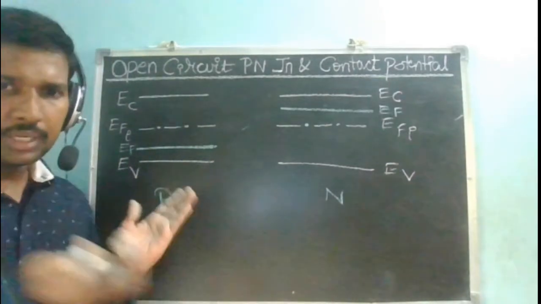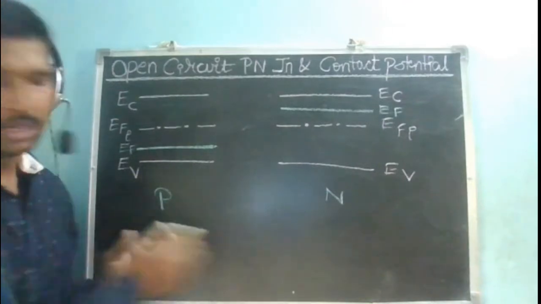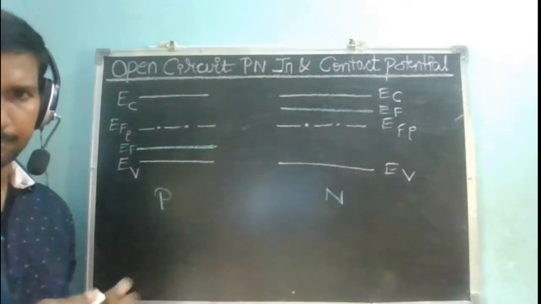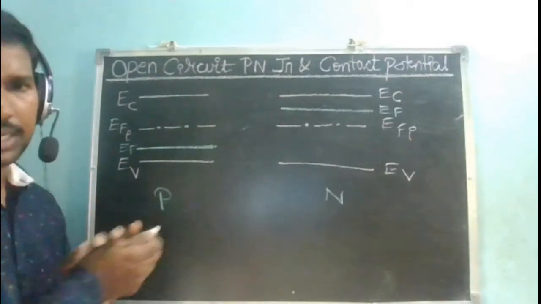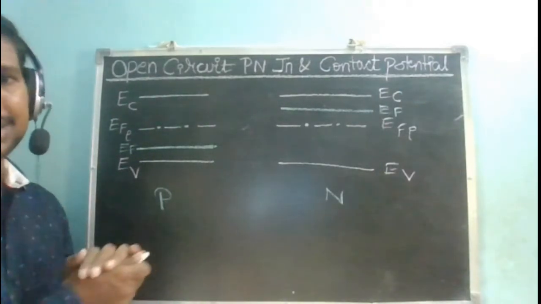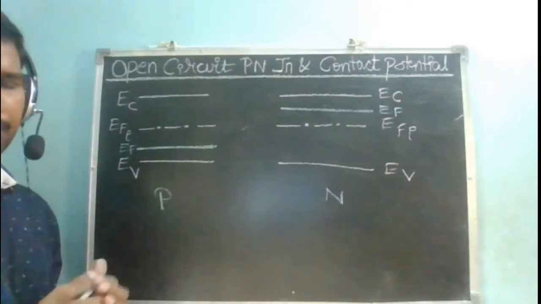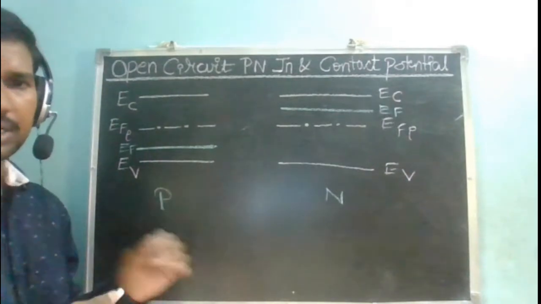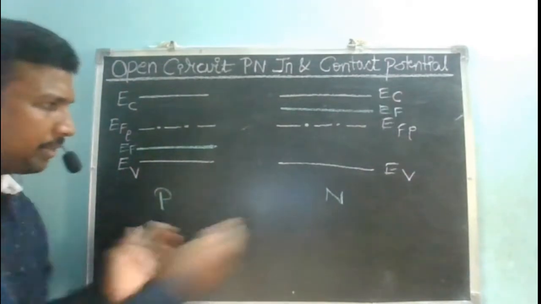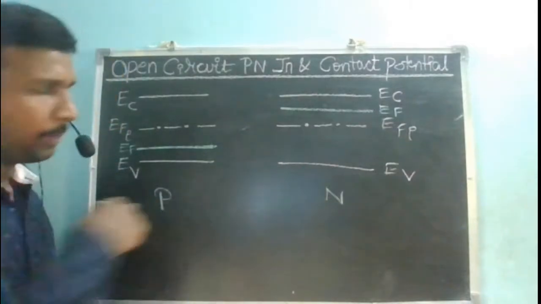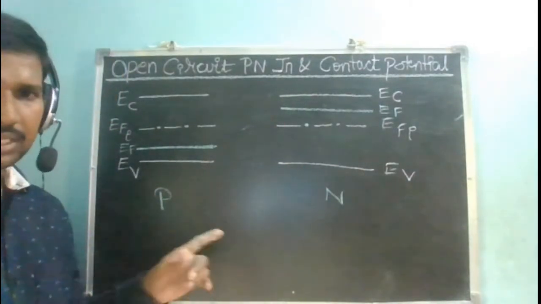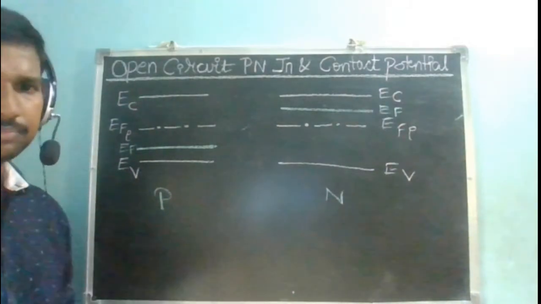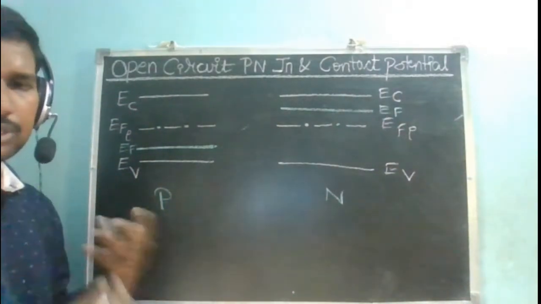So when I bring in this P and N together, let us say that I will be able to form a PN junction. When I form this PN junction, what is going to happen? Just like our P1, P2 junction case and N1, N2 junction case, what is expected to happen? The system is going to come into equilibrium. Before arriving at the equilibrium, what is going to take place?